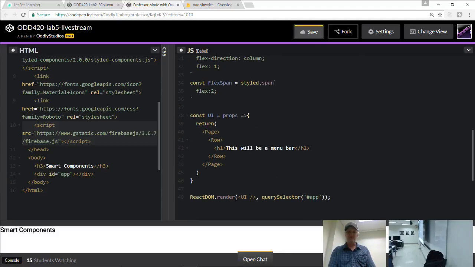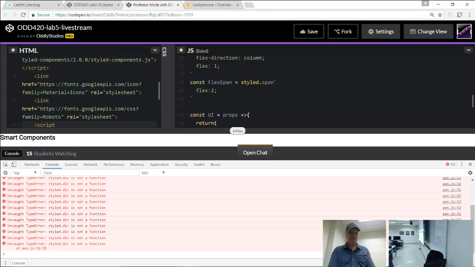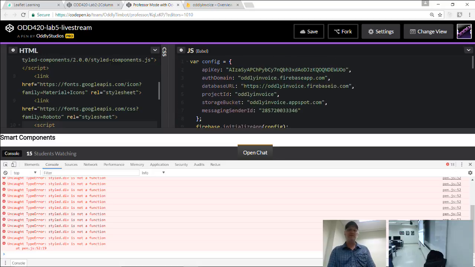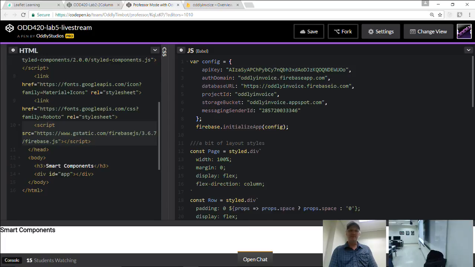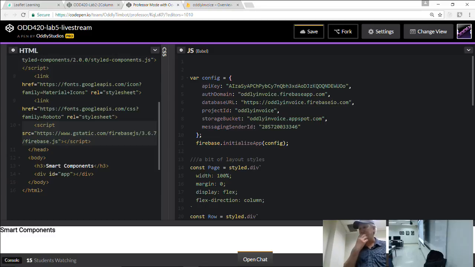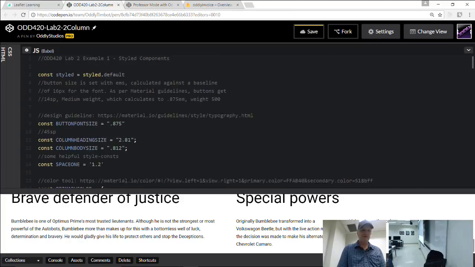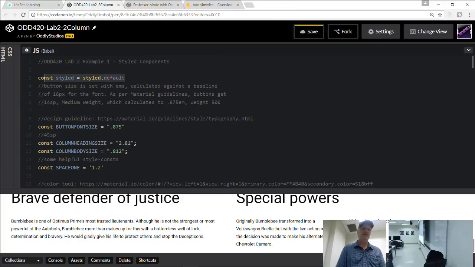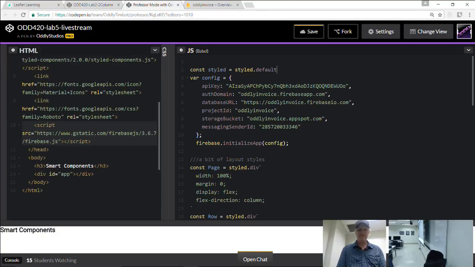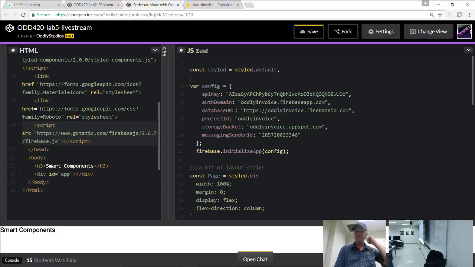So, I got an error. Oh, you didn't say document. Style. Oh, I'm missing one thing. I forgot at the top to create the styled library. Remember that? Yeah, right. So my style components aren't going to work until I do that. So I got to be like, oh, let's see. How did we do that? Let's take a look. Yeah, there we go. That's the one. How could I forget that? There we go. I think that should fix me up.